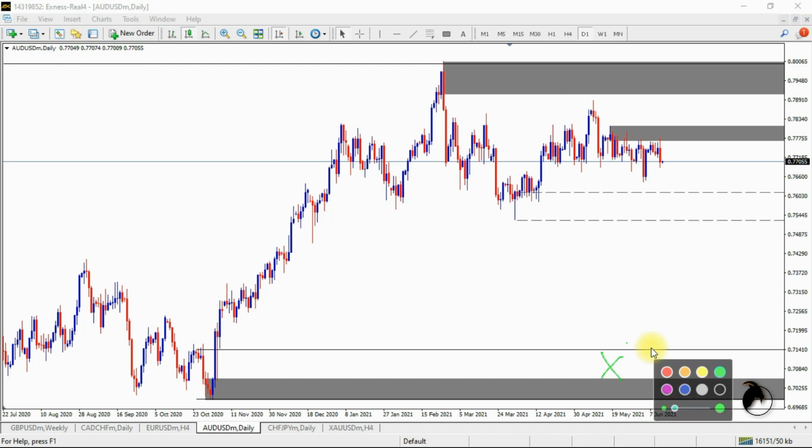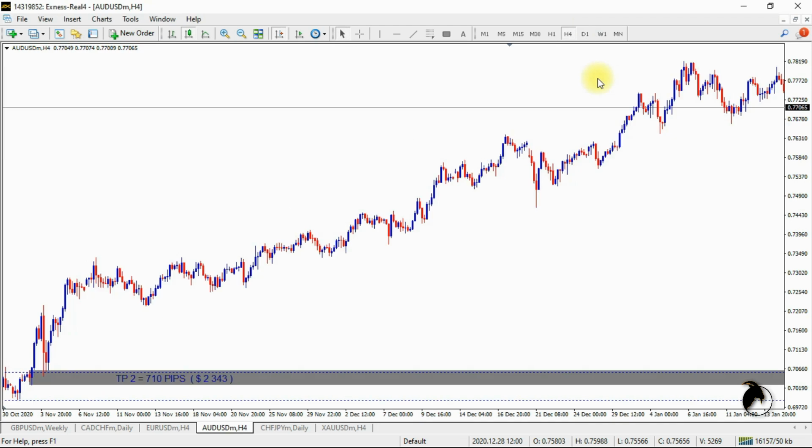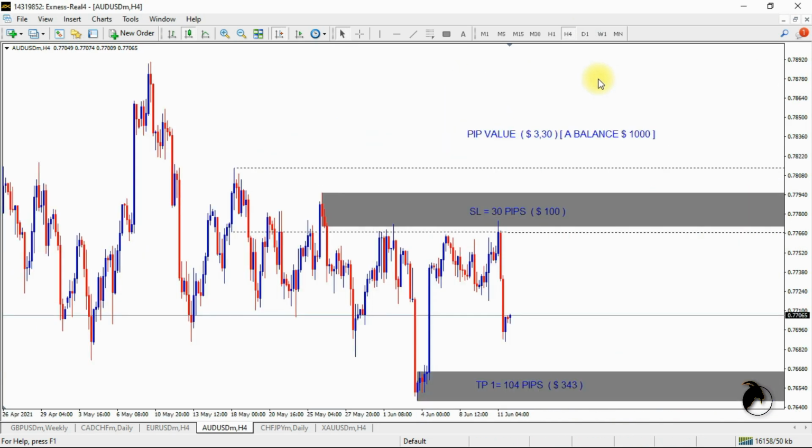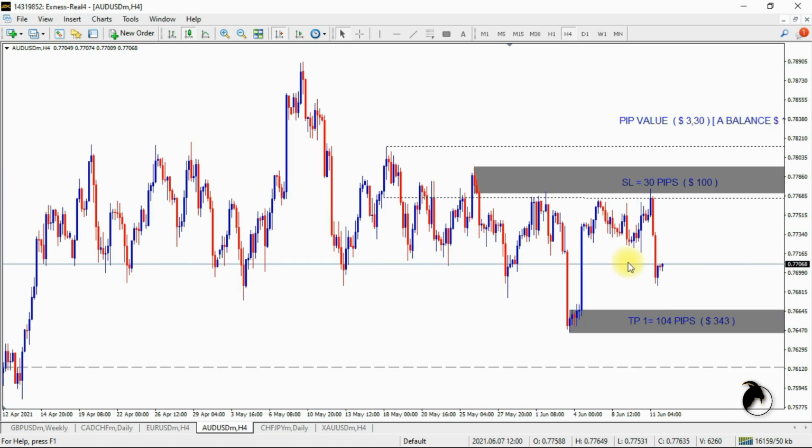So okay, let me use horizontal lines. Do I need them now? Okay, wait, let me go to this one first. Let me explain something before I forget it. Okay, this one, this is our